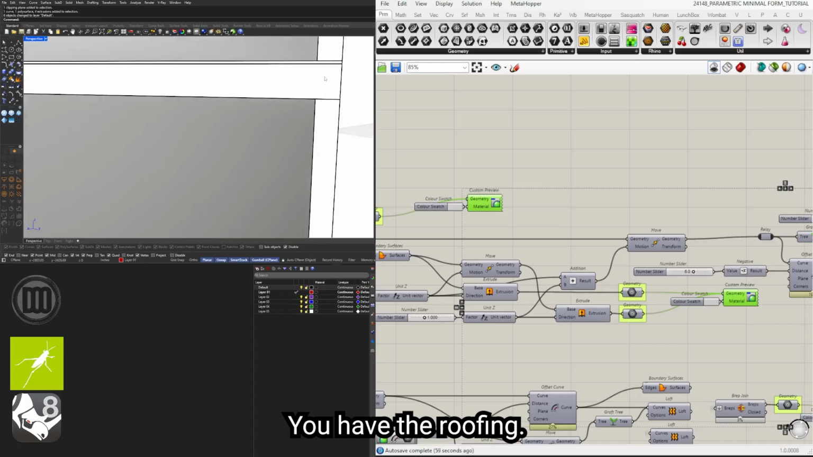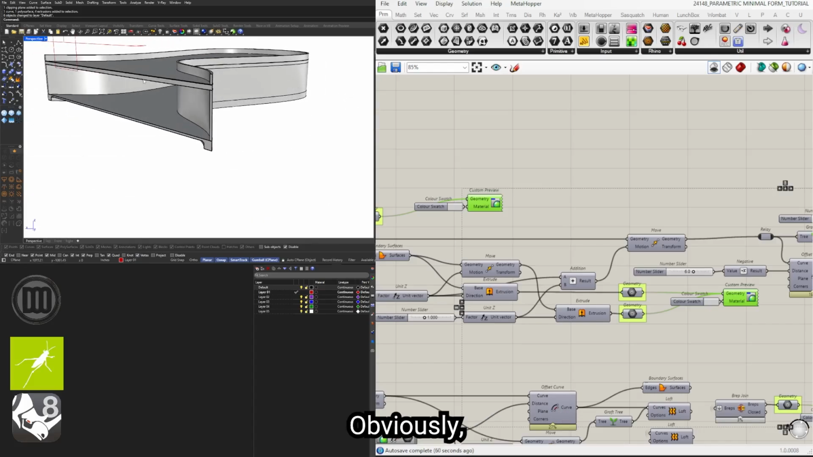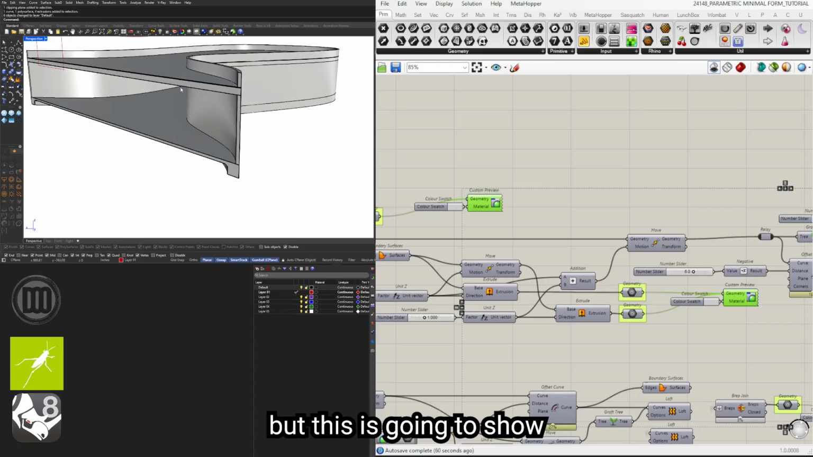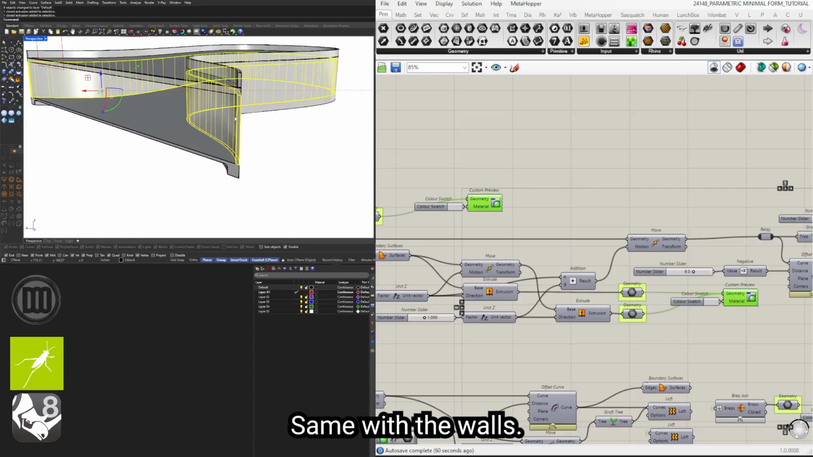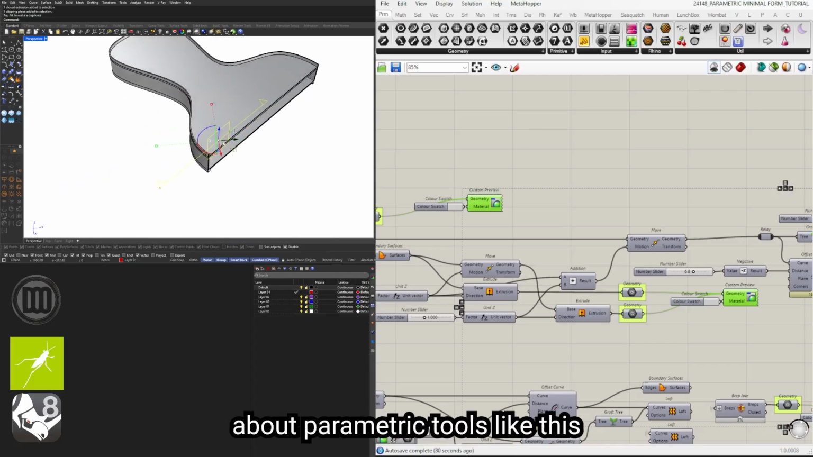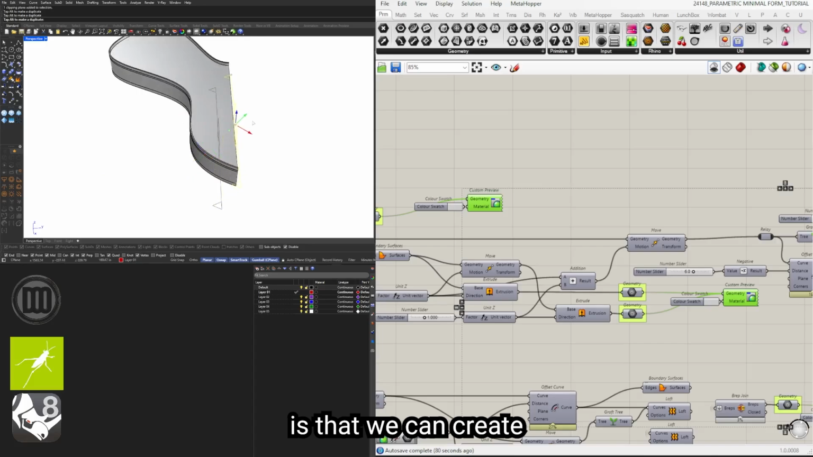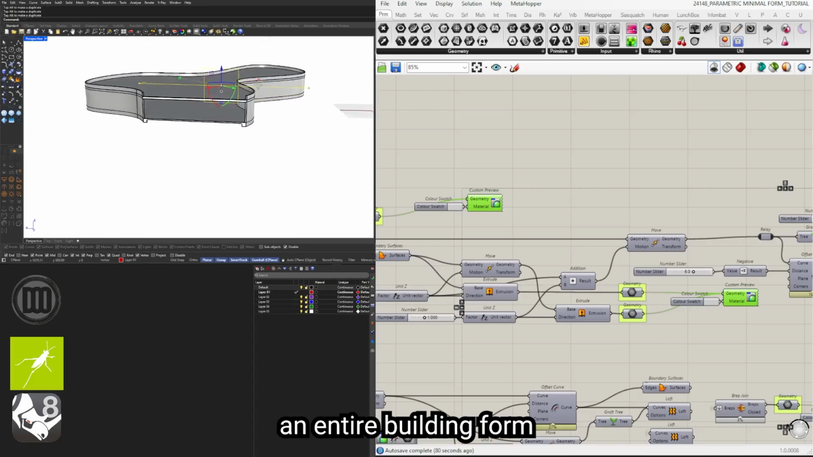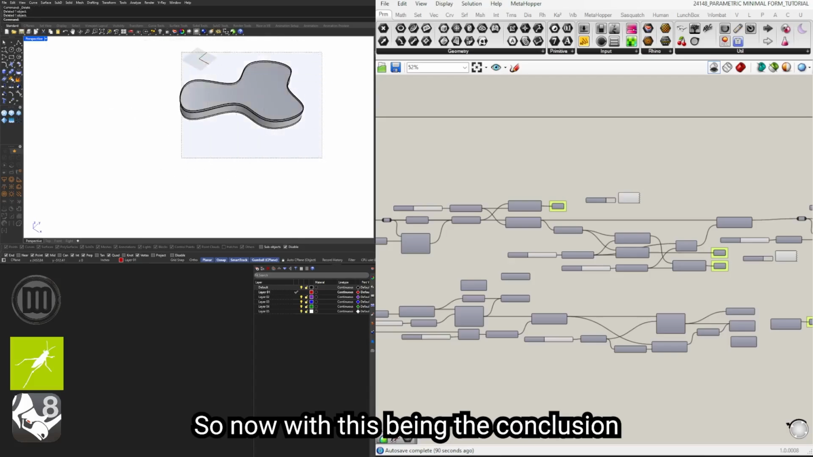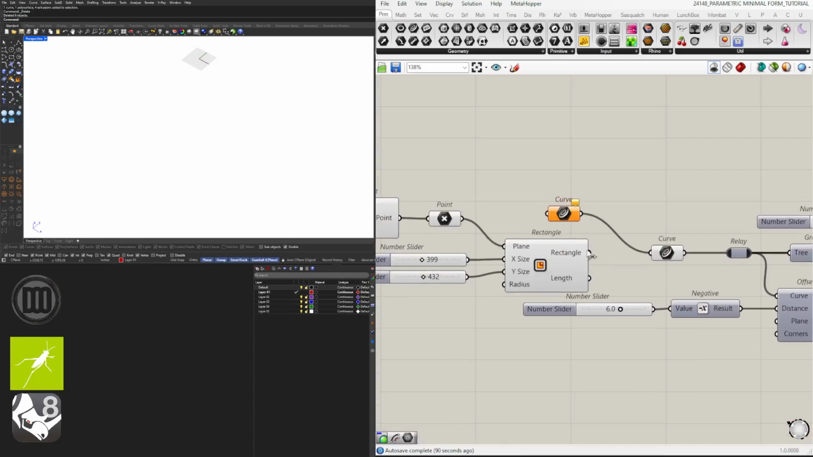You have the roofing, you have the roofing material. Obviously, the rafters are going to be arrayed here, but this is going to show the massing of where they're located. Same with the walls. You wouldn't have a solid wall like this. You would have wood members that are repeating to create the wall. But the interesting thing about parametric tools like this is that we can create an entire building form with just one polyline. So now, with this being the conclusion of the tutorial,